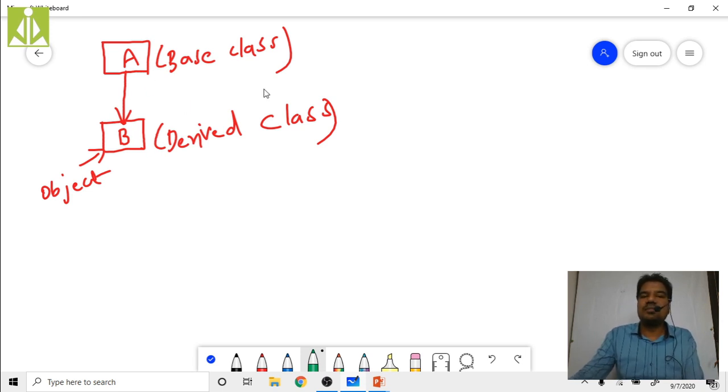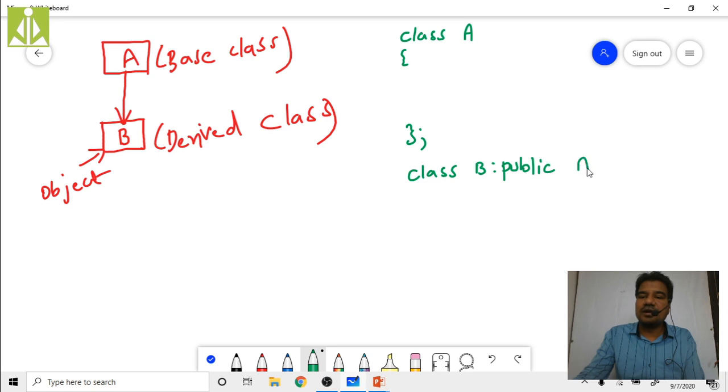So how we are going to write the base class? Simply by using the keyword class, we have to write. So class A I'm taking, then take the curly bracket, and whatever definition I want to give, I have to give in between these two curly brackets. So right now, I'm not giving anything. Then what I am doing, I am creating a derived class, class B, which I am going to derive from class A publicly. So for my inheritance operator, I have to use the public keyword and then give a space and write the A class.